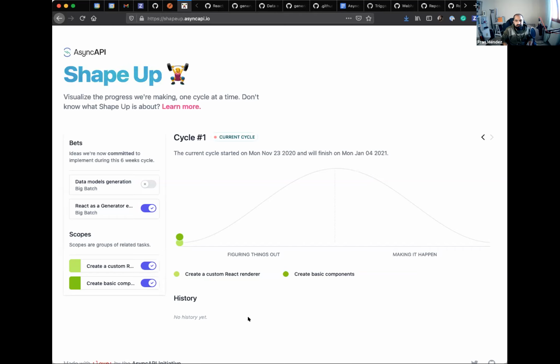And yeah, just to make it clear what this hill chart is about, half of it is called figuring things out, and the other half is making it happen. Once you see one of these dots moving after the half of the chart, it means that we're already coding it, or actually implementing it. If it's in the first half, it means that we don't know yet how to make it work or how this is exactly going to be implemented. So you will probably see one of these dots moving here in the first half while we're still figuring out